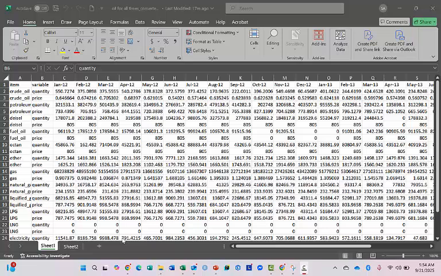Changing data from wide format to long format in Excel. So here we have a data set in wide format where we have petroleum items and then a variable, either quantity, price, and we have across the top here some dates. So if we want to change this to long format, the first thing we're going to do is go ahead